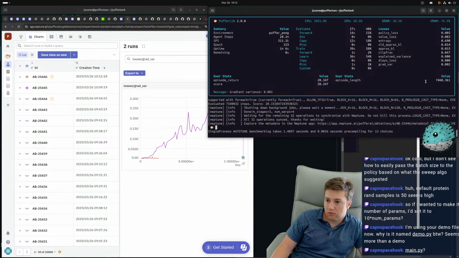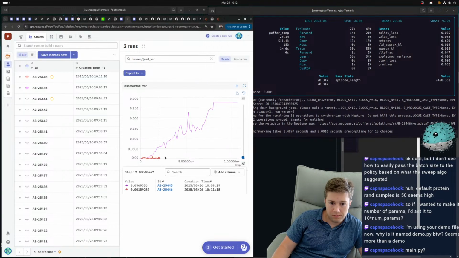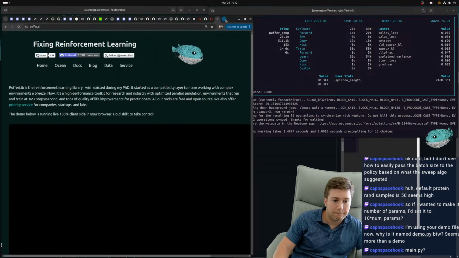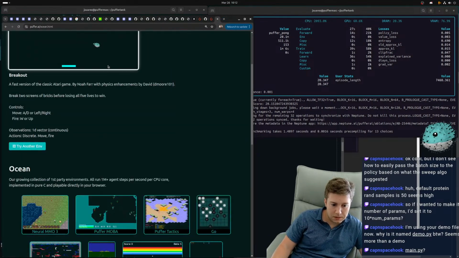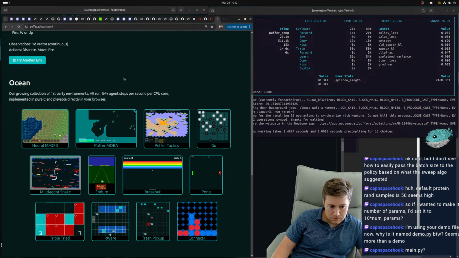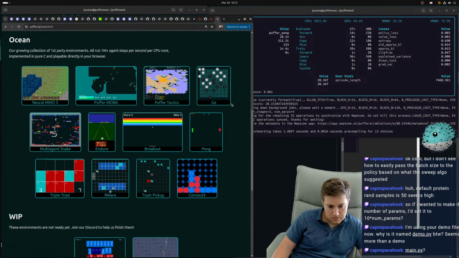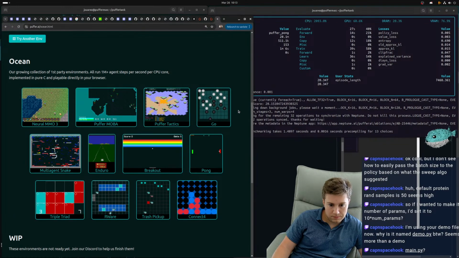Looks like it has way lower variance, right? Long does. What other env should I use for this? Snake. And puffer snake.